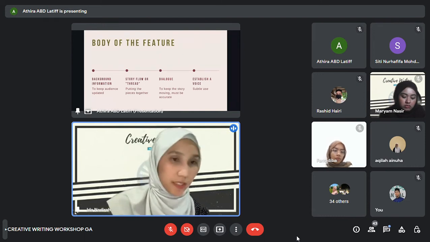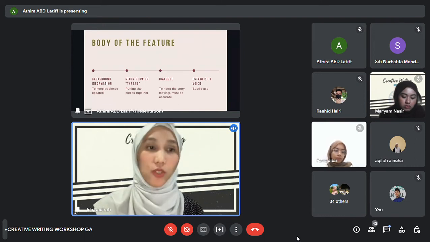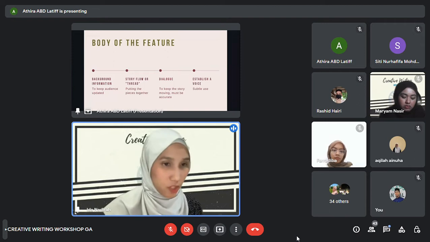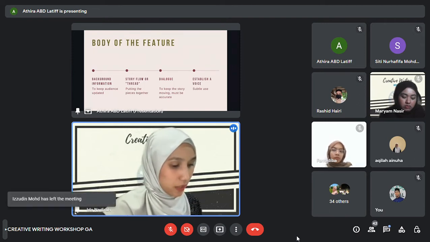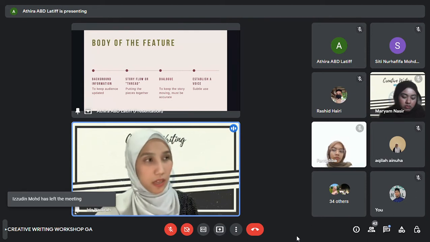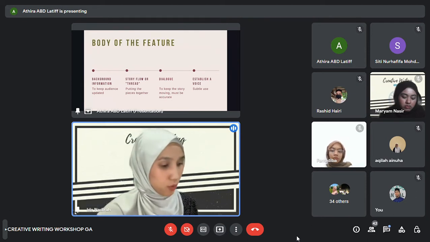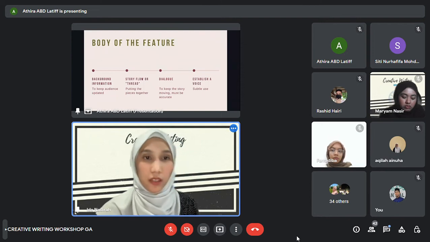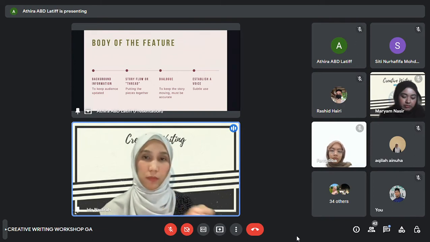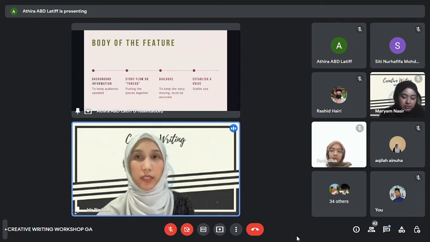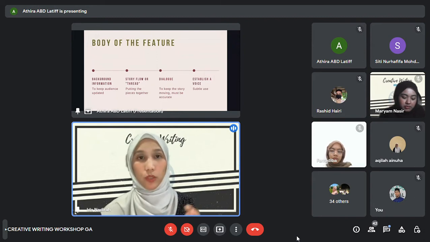Okay, so like I said just now, body of the feature, so it would include background information. Background information could keep the audience updated. And then you also have story flow or thread. This is how you connect the dots, putting the pieces together. Like I mentioned just now, for example, the Saiful Bahari story. You want to connect the dots. How? So you create